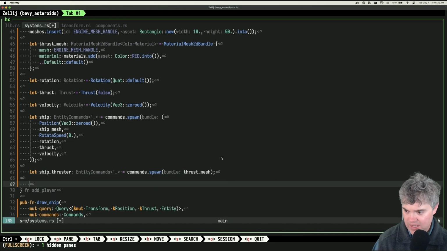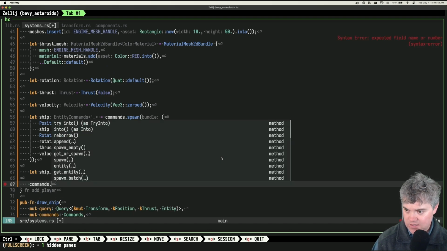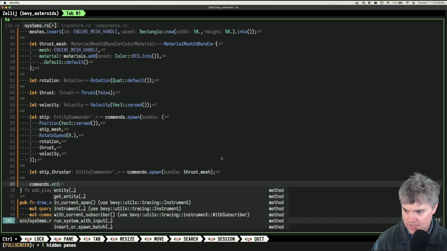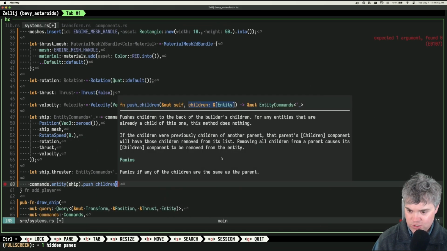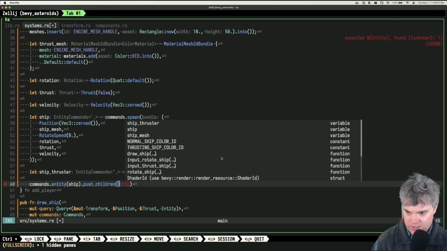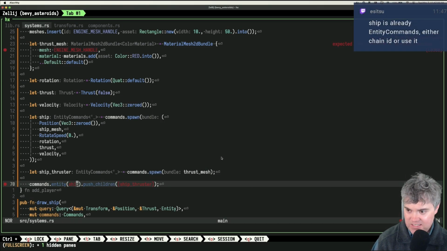Okay, so then we have, interesting. It's all in commands, so I don't go from the entity command. I go commands dot entity ship push children, and you're going to be the ship thruster. Expected entity.